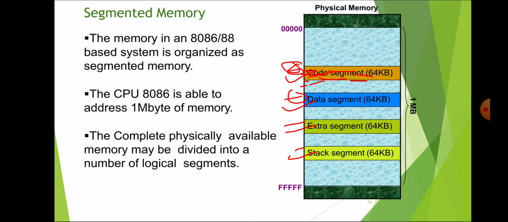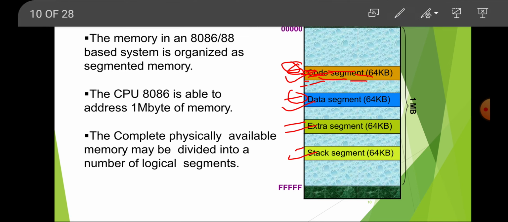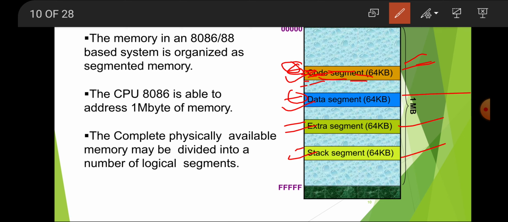This is the segmented memory that I already explained, the data segments and all the segments. The segments hold the memory, but only the addresses are stored in the processor. In the BIU, only the first address, the starting address of each segment, is stored in those registers. The memory is not there, only the address of it is stored. I hope you understand.